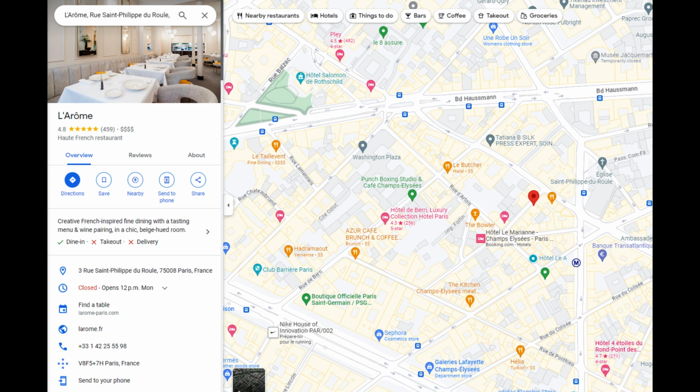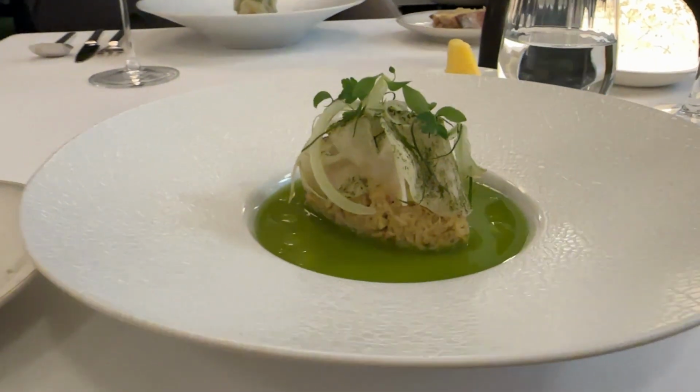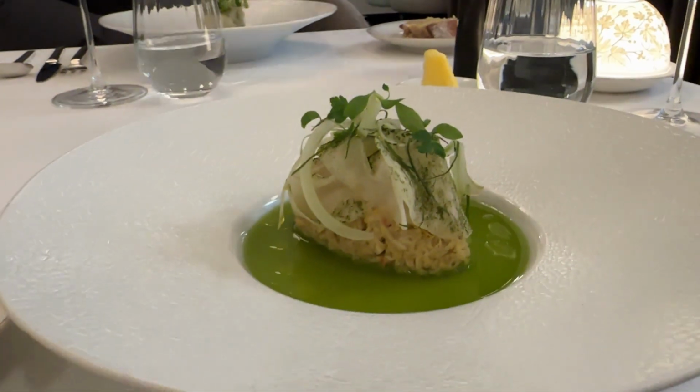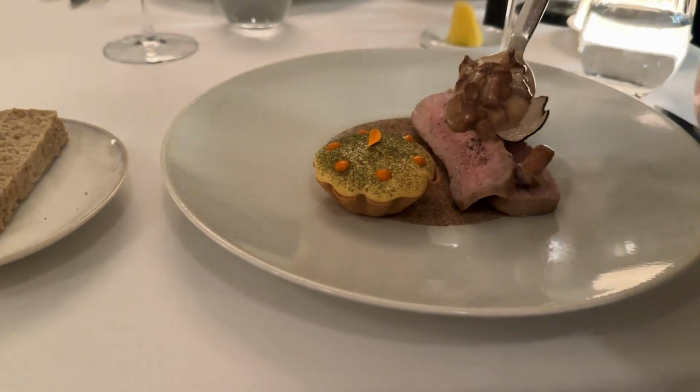We ended the trip with a dinner at another Michelin star restaurant, and this one was way better than the last one. The portions were generous. This whole heap is curried crab. The mains were cooked to perfection and the sauces complemented the proteins well. It was really nice to end our Paris trip on a high note because I remember when I first arrived,